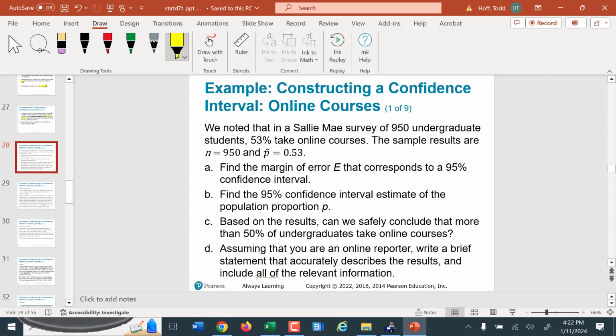So back to the Sallie Mae survey here of 950 students. We had 53%. So n, the sample size, is 950. P hat is 0.53. If I want to find that margin of error for a 95% confidence interval,